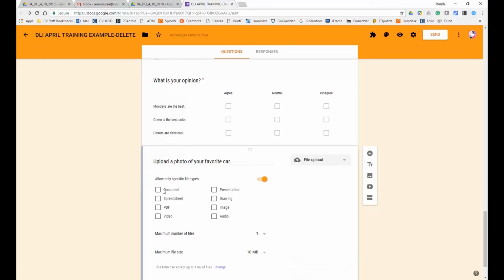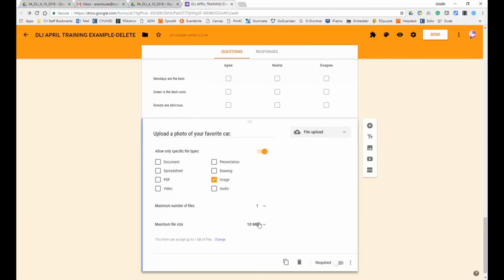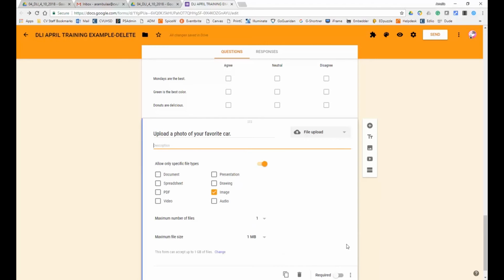You can indicate whether it will be a document, a spreadsheet, PDF, video, presentation, drawing, image, or audio. Indicate the file to be uploaded and then specify the number of files that you're collecting. Indicate the max size of the file. I highly recommend to add a description. For example, file upload must be a JPEG and max size